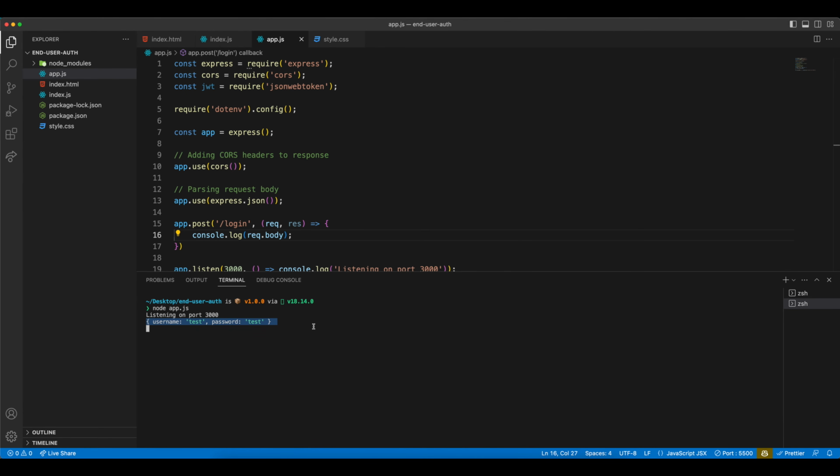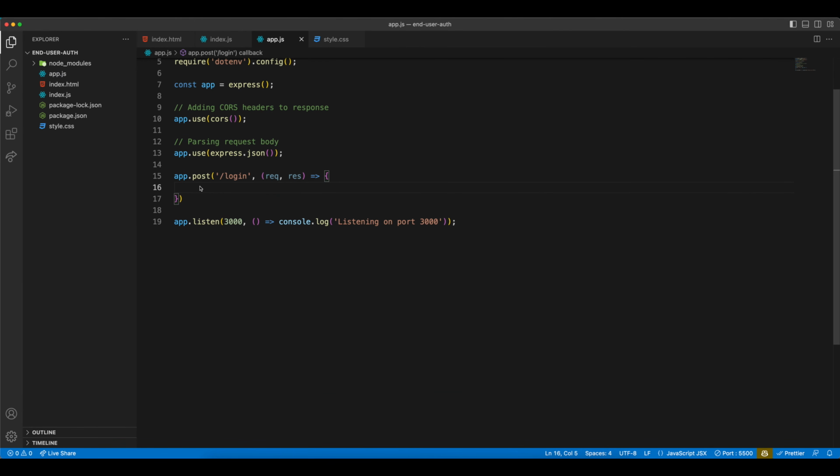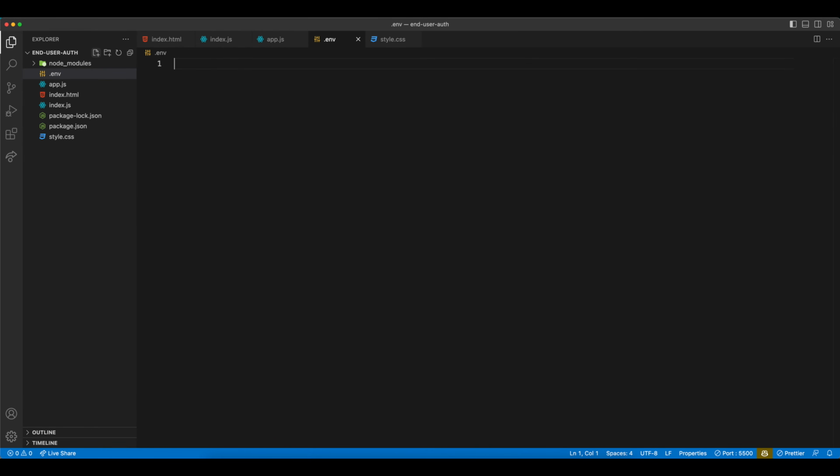Now there's a bit more for us to do before we're able to appropriately verify the user, so let's go ahead and remove the console log and add our environment variables. We'll create another file named .env and add 3 variables: shared secret, key ID, and origin. The shared secret and key ID are components of the signing key which I mentioned earlier. These can be found in